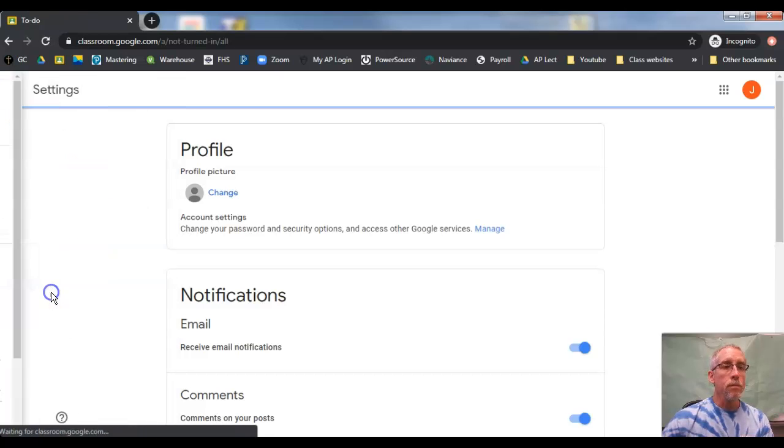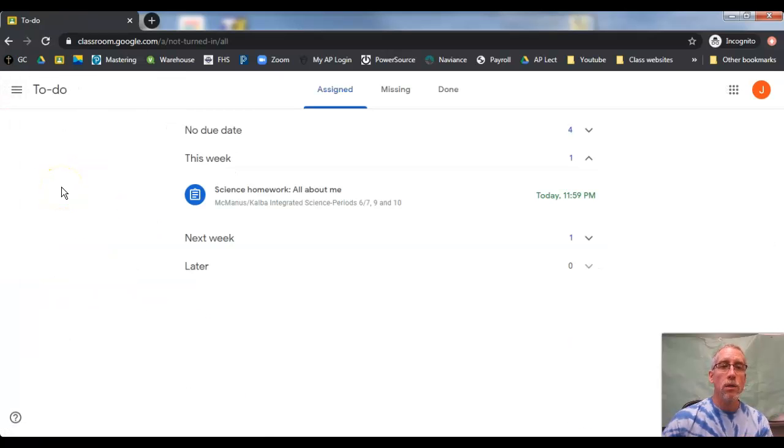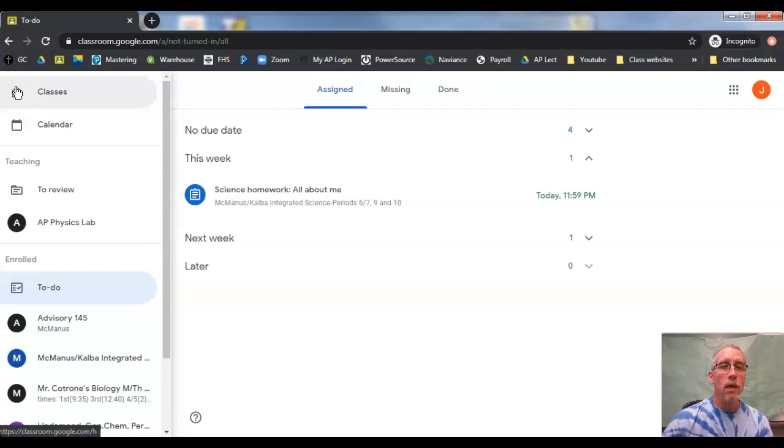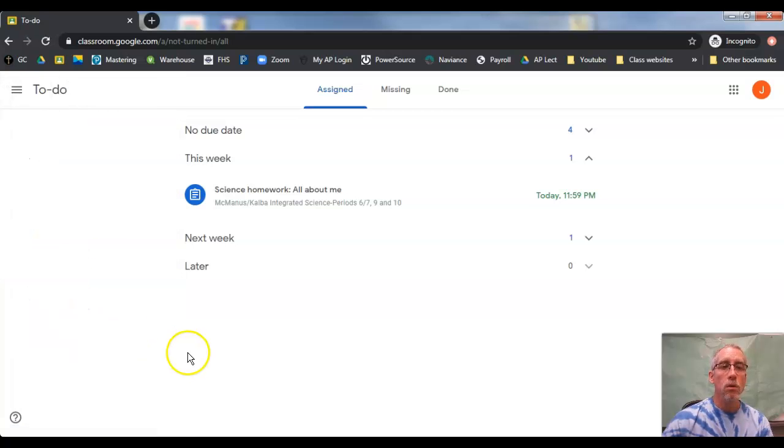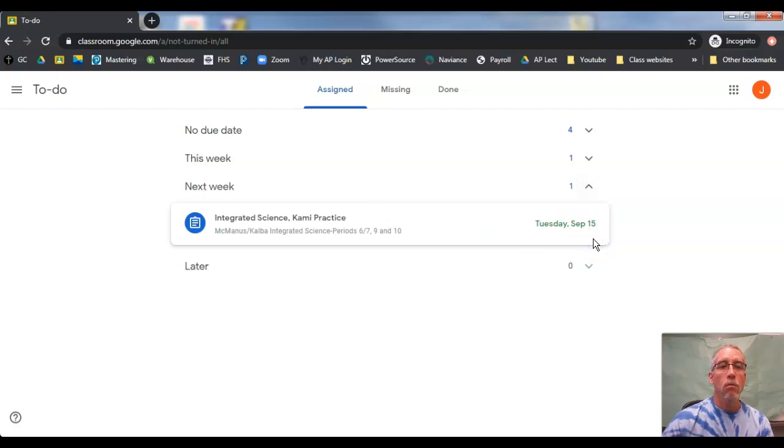So I'm going to show you this as well. This is your to-do list. What this does is it shows you everything for all your classes. I think that's a really nice thing. So you see how I went to the hamburger up here on the upper left. I clicked on To-do, and right now